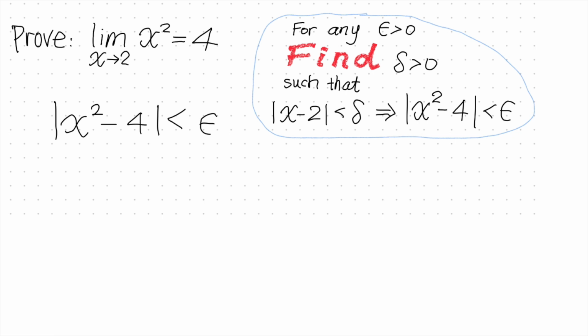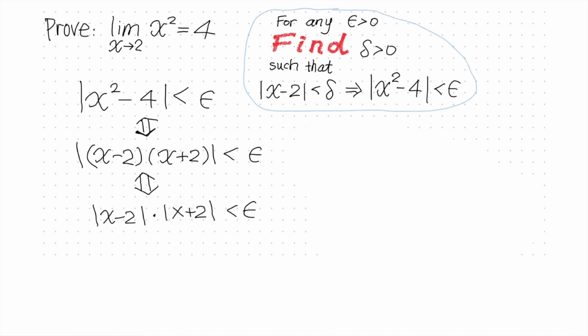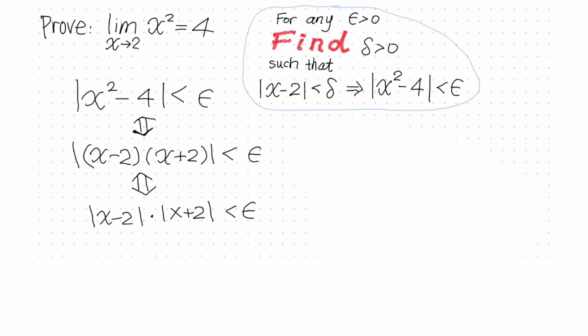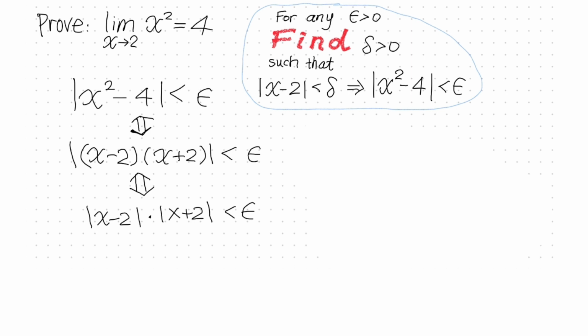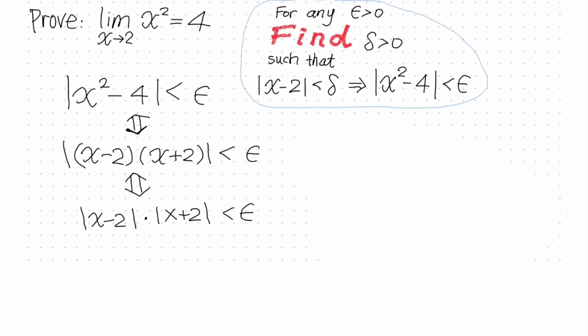That is, x squared wants to be close to 4. How can you make that happen? We split x squared minus 4 as x minus 2 times x plus 2. Our goal is to find how close to 2 x needs to be in order for x squared to be close to 4. Now the question is how close to 2 x needs to be in order for x minus 2 times